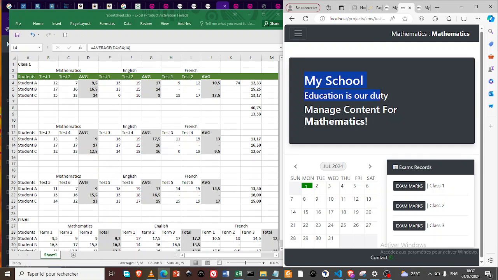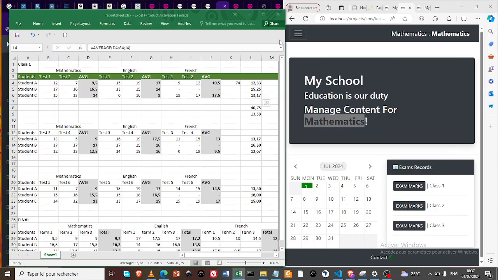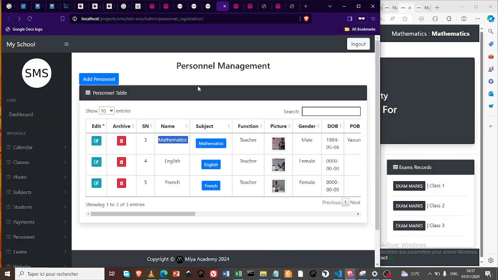They're able to see the name of their school and the subjects they are teaching. Here they're teaching mathematics, so here's their name and then the name of the subject, just mathematics. And then here we can see their information. So as not to get very disturbed with this name, I can rapidly come back to the administrator's account, and I say math teacher,